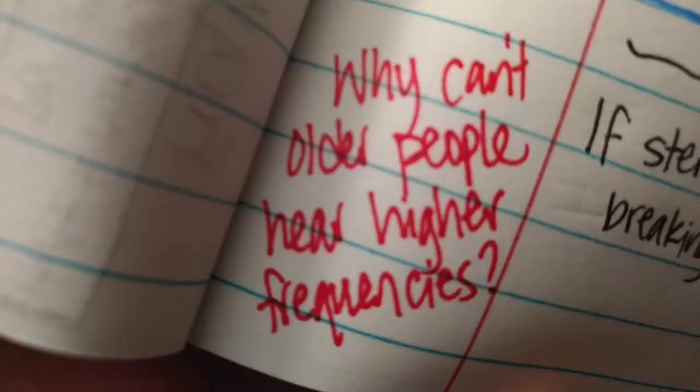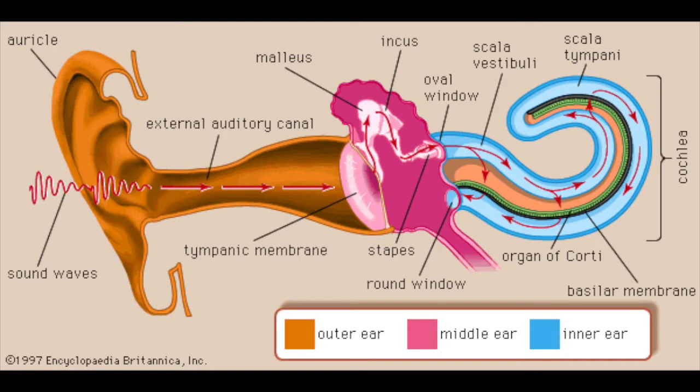So now, for the big question of the week that I'm sure you all have been waiting for and totally losing sleep over, why are older people not really able to hear those higher frequencies as well as the young people are? Now, giving you a 30-second lesson over the anatomy of an ear, sound waves or vibrations are received